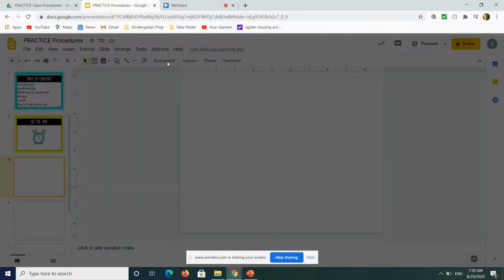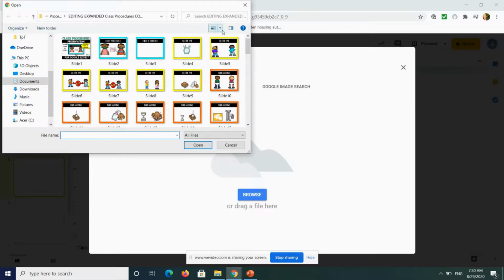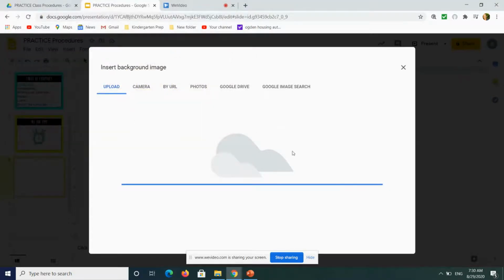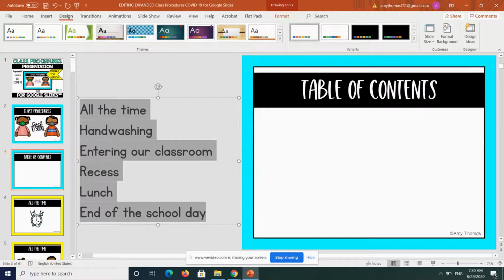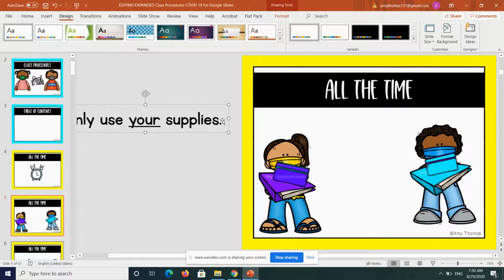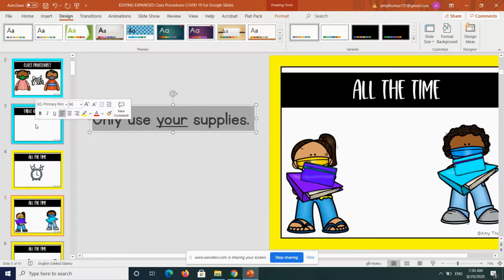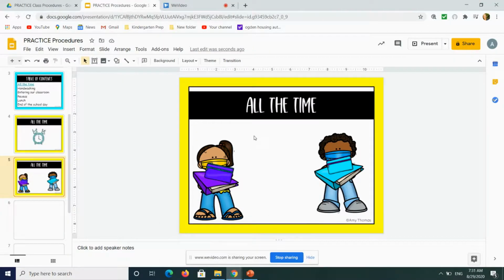Okay, now let's do another slide with text. So, okay. So here we'll put the background in. Done. Okay. And I wish I could install the fonts I've purchased in Google Slides, but I can't as far as I've been able to find out. So I'm just gonna bring that over,